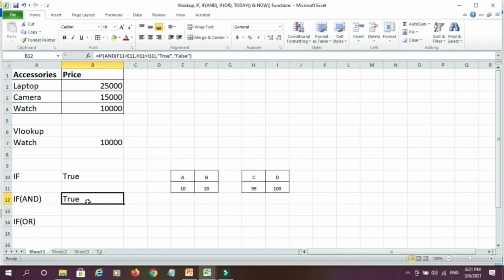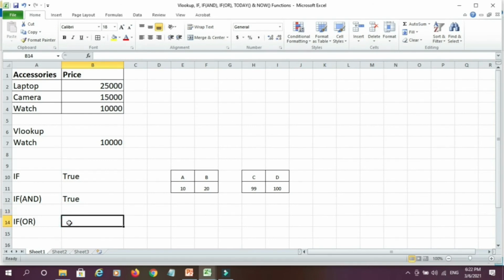Let's check this condition. I'll press F2 for checking this function. See, if AND whether B is greater than A, this is true, this is true. Whether C is less than D, C is 99 and D is 100, so naturally 99 is less than 100. Since these two conditions are satisfied, therefore we are getting the value as true.